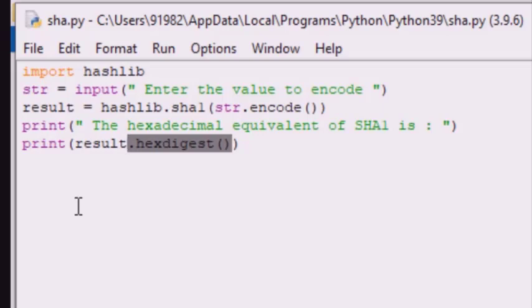So this is the program for SHA. Now see, students, the above code will take the string and convert it into its byte equivalent using which function? With the help of the encode function. And this result will be accepted by the SHA hash function, and then it will be converted into the hexadecimal equivalent, and at the end we just print the same.